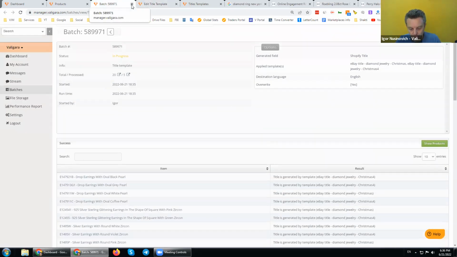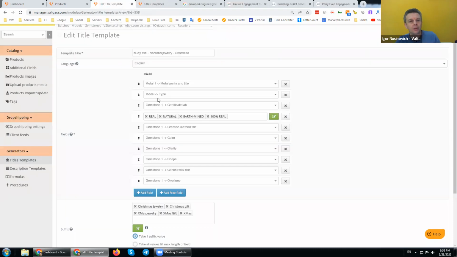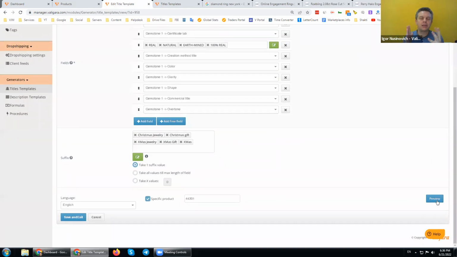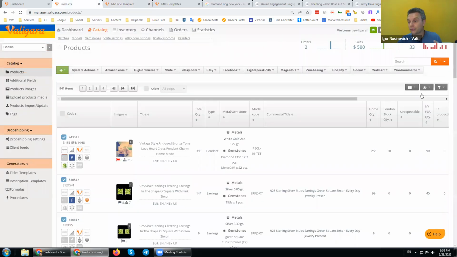So this is very important when we run generators time after time. And our recommendation is not to rush and not to try to generate good title templates in one go. Run them with a preview, get some idea of how this will work, twice, 3 times. Run it on 20 products. As you see, it takes you 30 seconds. Run it twice, 3 times, use the product views to see this.